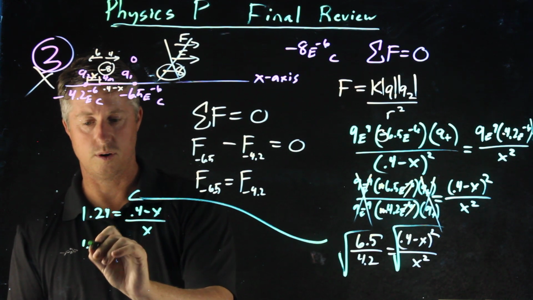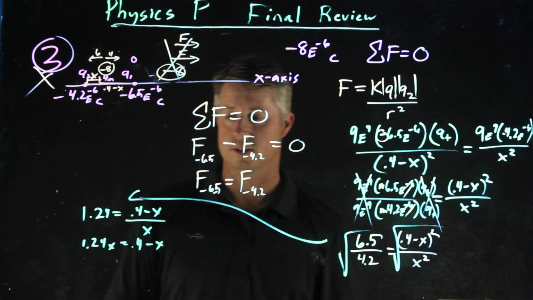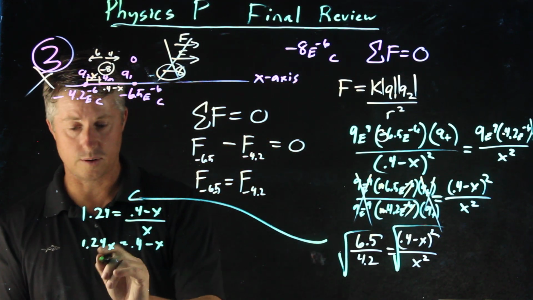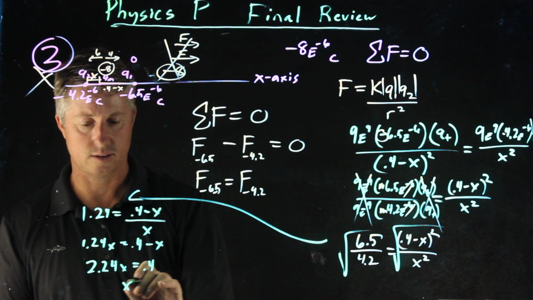Multiply by x: 1.24x equals 0.4 minus x. Now I want to bring this x over. 2.24x equals 0.4. x equals